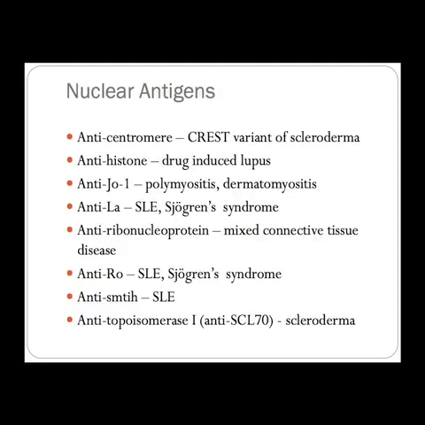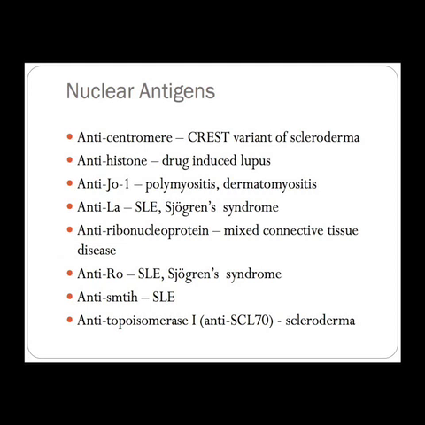These nuclear components are called nuclear antigens and can have high specificity for individual disease subgroups. There are quite a few of them, so I'm going to run through the most important ones. The anti-centromere antibody is associated with the CREST variant of scleroderma, antihistone antibody with drug-induced lupus, anti-Jo1 with polymyositis, dermatomyositis, anti-La in association with a speckled ANA and the diseases Sjögren's syndrome and SLE,